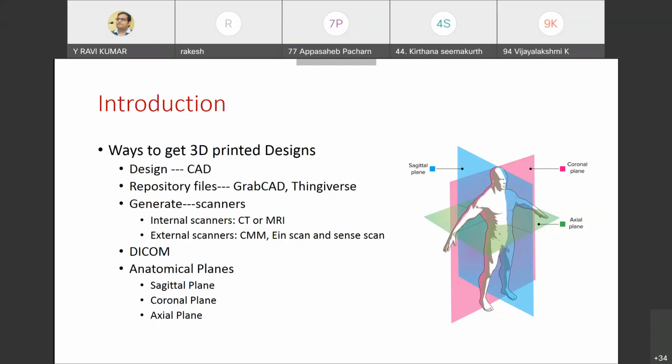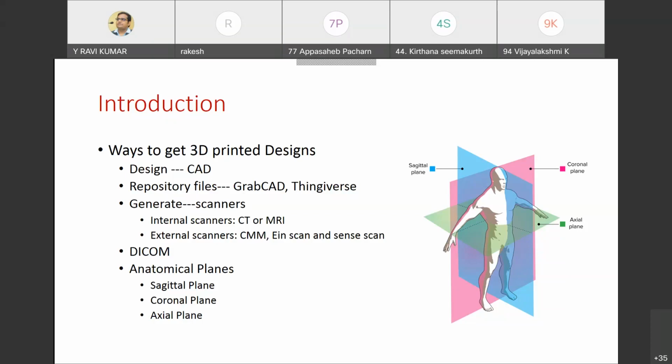Once we get the scan, it comes in DICOM, which is actually a file extension. These medical people gathered and put together one format, Digital Imaging and Communication in Medicine. So they named one format, and we need to communicate in this format only. They established this format, and the CT and MRI export the images into DICOM. Actually, I will show you.